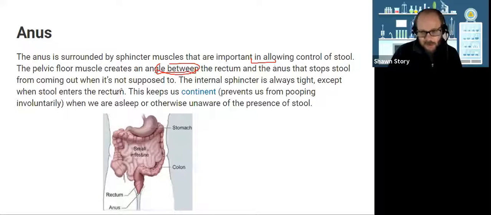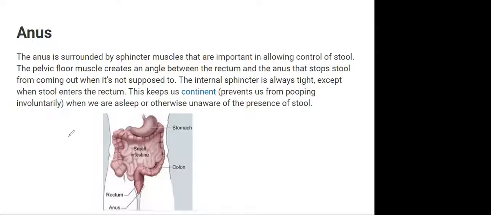All right, we've got two more paragraphs. I can do it. Go ahead. The anus is surrounded by sphincter muscles that are important in allowing control of stool. The pelvic floor muscle creates an angle between the rectum and the anus that stops stool from coming out when it's not supposed to. The internal sphincter is always tight except when stool enters the rectum. This keeps us continent, prevents us from pooping involuntarily when we are asleep or otherwise unaware of the presence of the